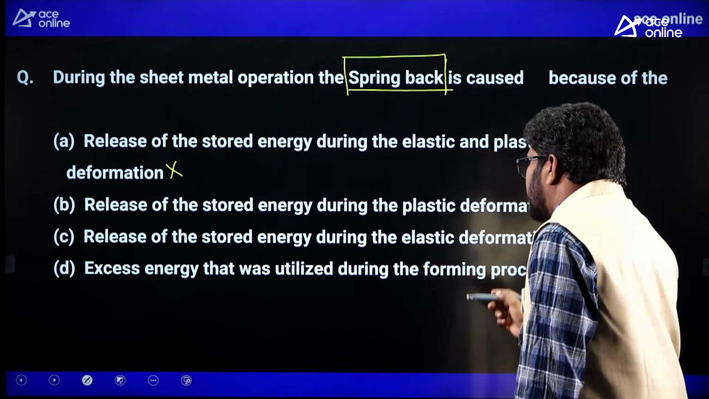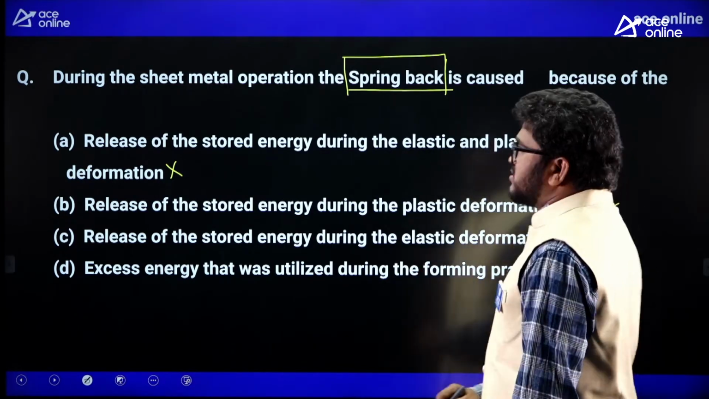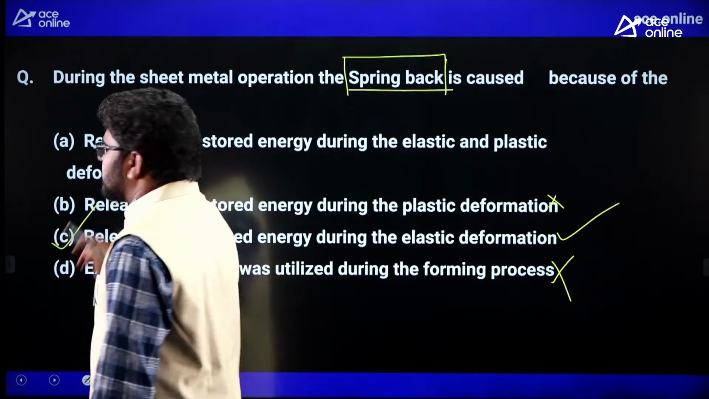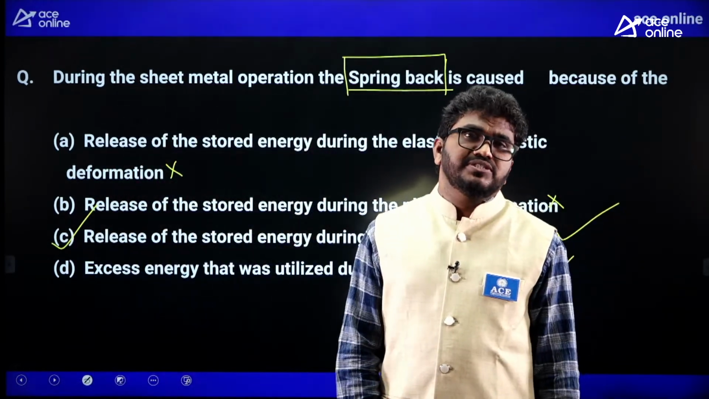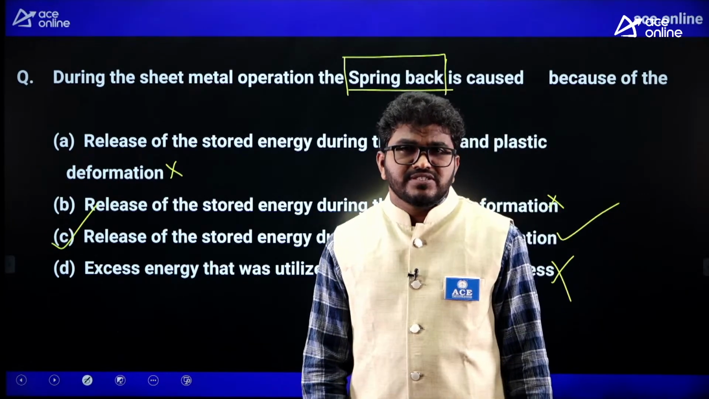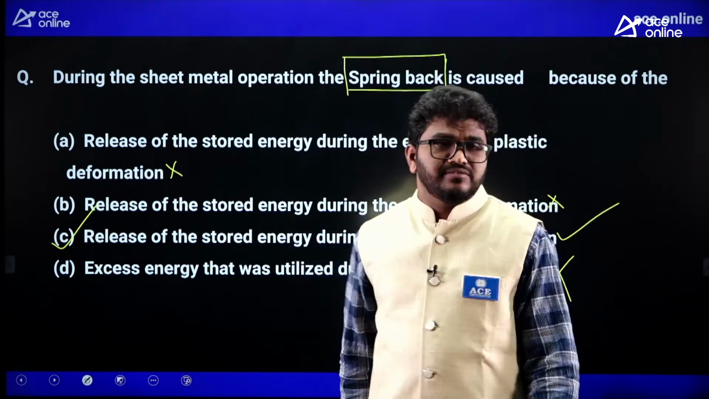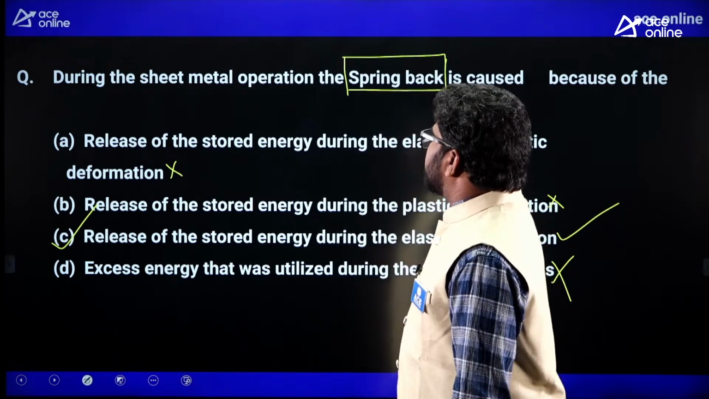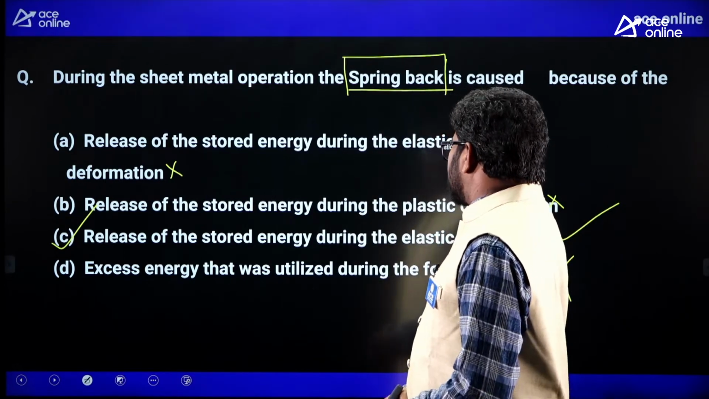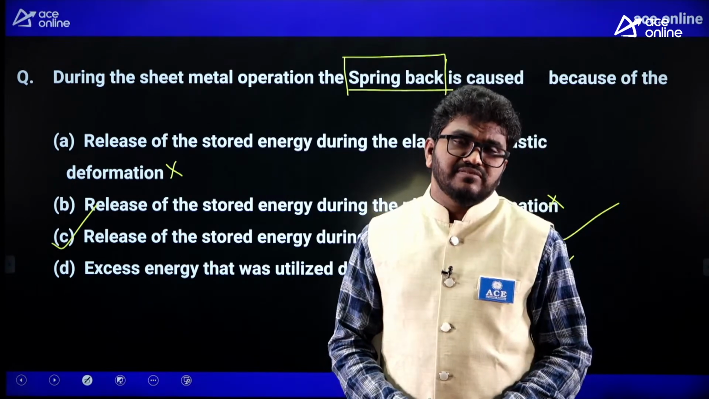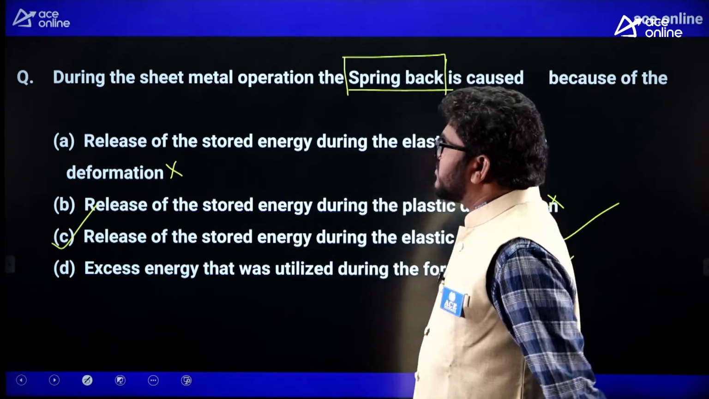Excess energy that was utilized during the forming operation, so C is the correct one. Simple question. C is the correct answer for this question. During the sheet metal operation, the spring back is caused because of release of stored energy during the elastic deformation, right? Next,